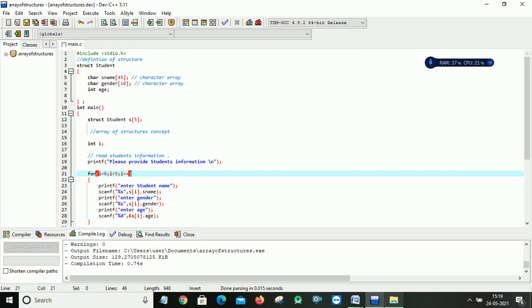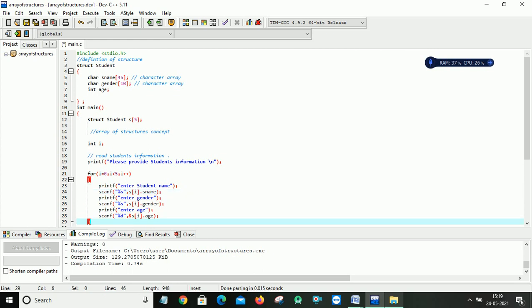Now I am prompting the user to please enter the student name, and because this is a string, I can simply use %s, and we don't use any ampersand symbol for reading a string. So I simply write s[i].sname for reading the student name, s[i].gender for reading gender, and here age is of type integer, so I use an ampersand symbol: &s[i].age.